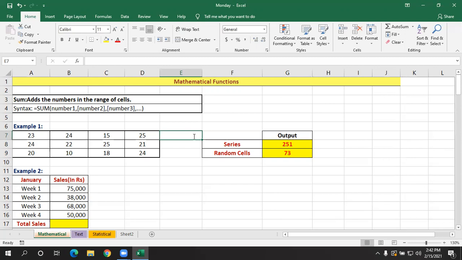Just use Alt equals, and it shows the total for this range. If you want it vertically, Alt equals as well. If you don't have data horizontally or vertically, meaning it is in different cells, then go for random cells.